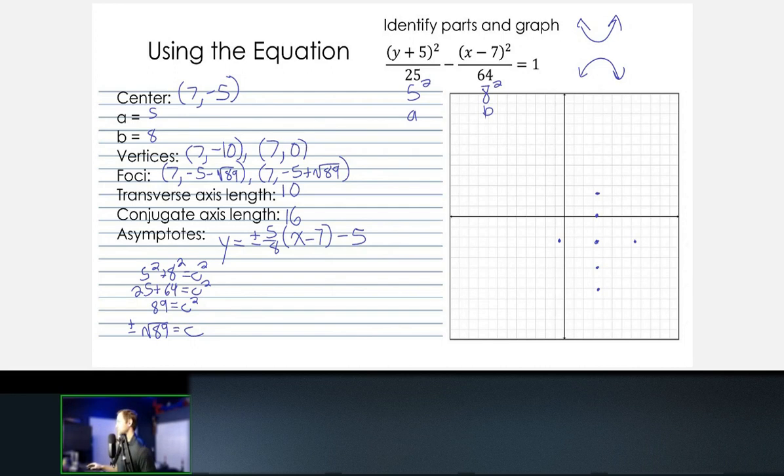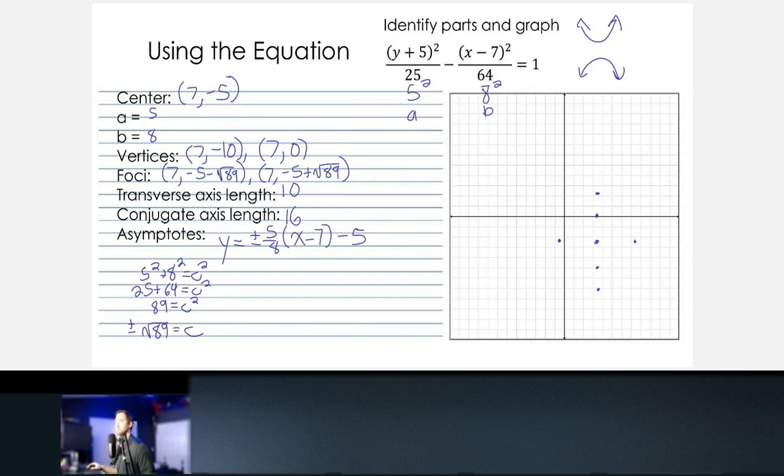All right. So kind of similar to ellipses, really nothing different. All right, let's go back to the graph. We're kind of jumping back and forth. We actually could have just saved the graph for the end after we got everything filled in, but it doesn't really matter. All right, next, we're going to draw our box around our vertices